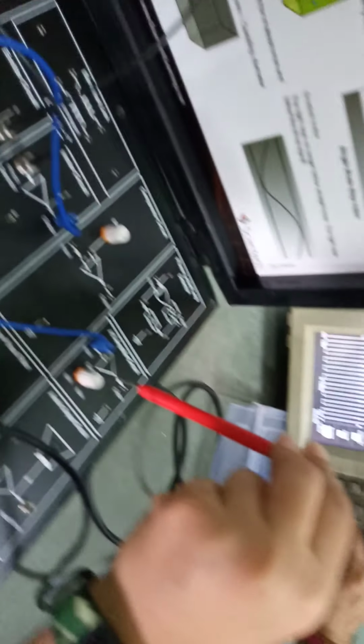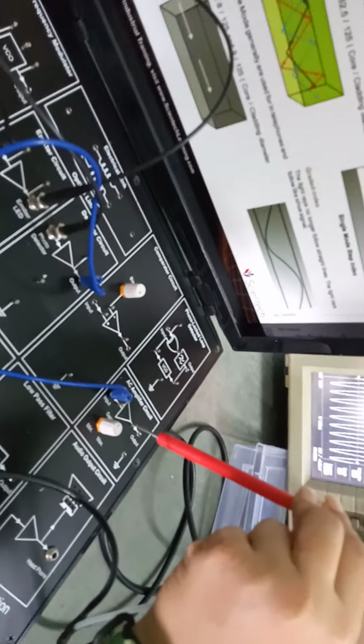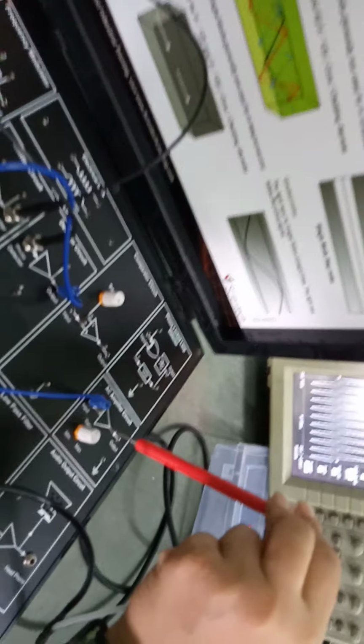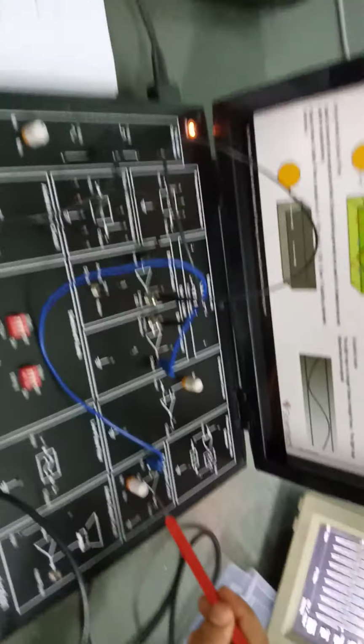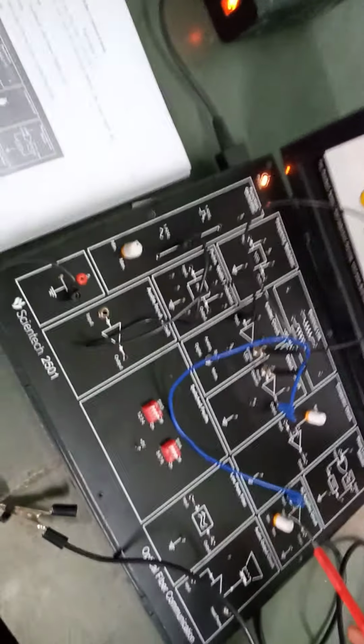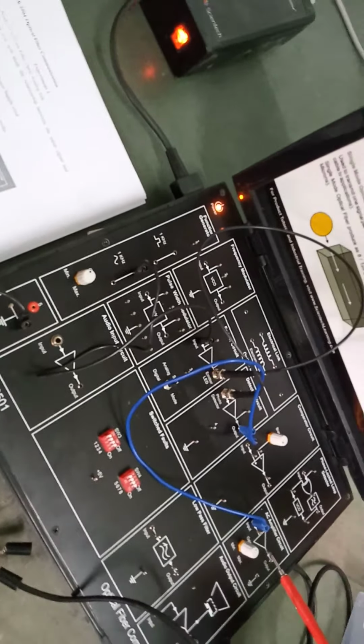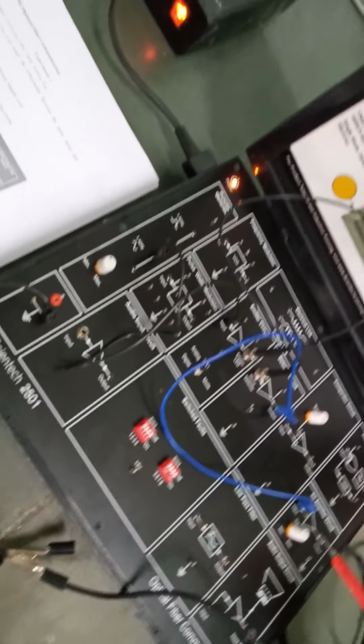When we amplify those signals, the strength of the signal will get increased, so it will get amplified. So see, the strength of the signal is getting increased. So this is all about the analog fiber optics link which I have shown you. I had already taught you the theoretical part. I just wanted to show you the waveform we are getting. Whatever input we are giving, that input we are getting at the output section.